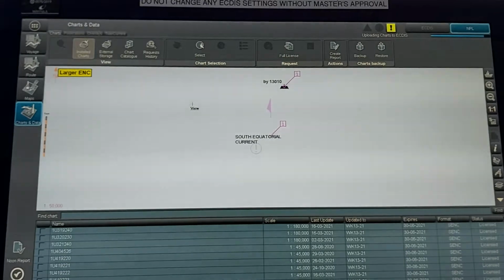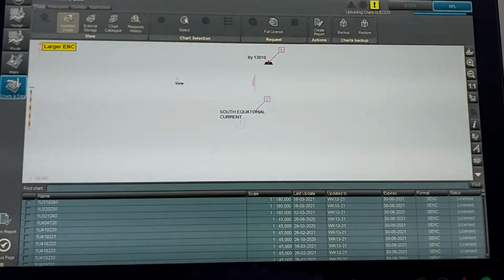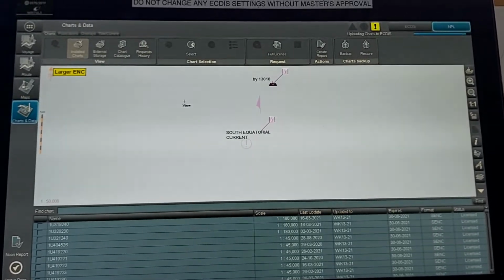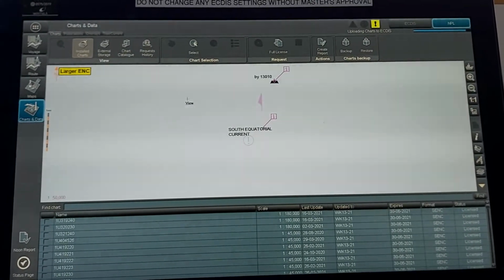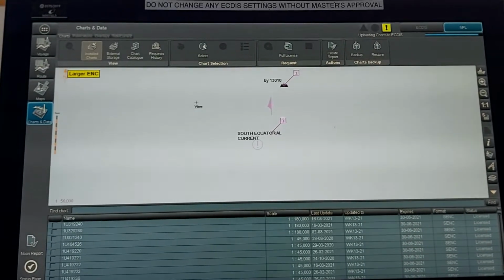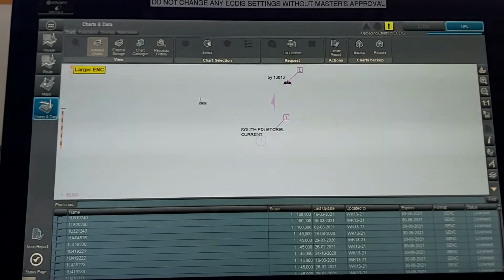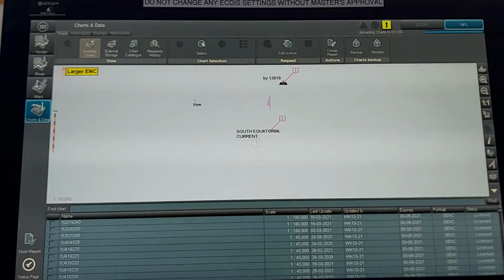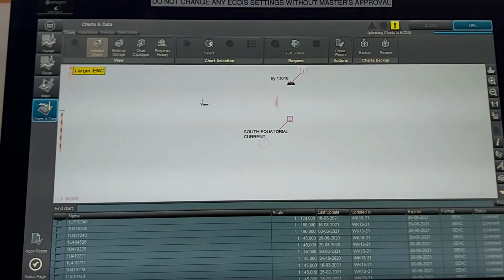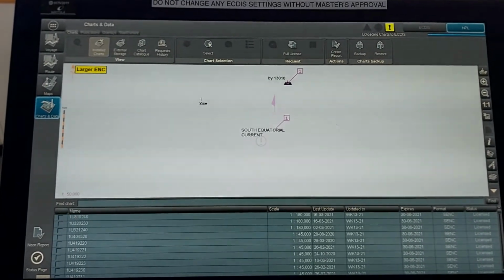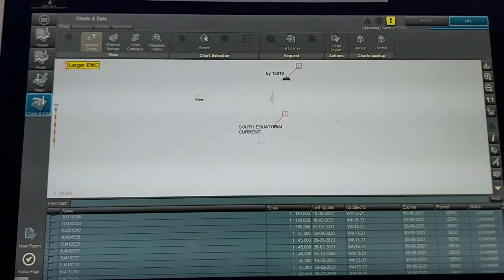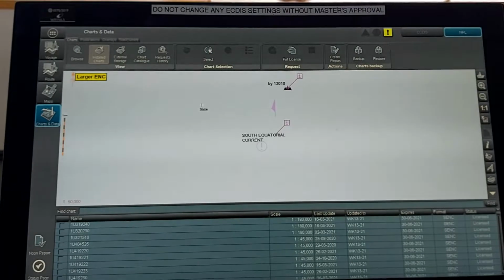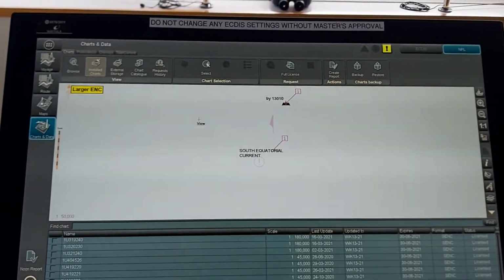That means all new chart permits are being uploaded now. Now uploading. Now new permits are successfully uploaded.